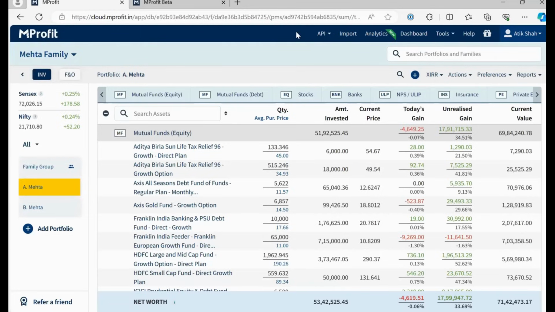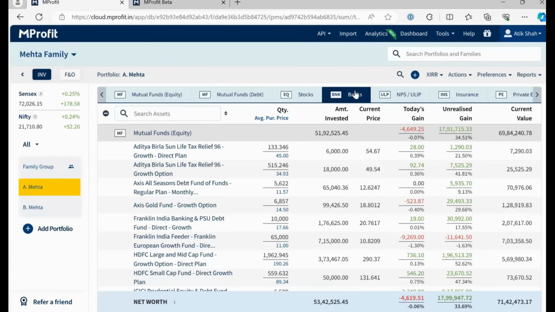So if you wish to avail this feature, even if you have been using the CAS statement to import your data, and now you want to switch over to this automated API option, and if you are using MProfit Investor or Pro, you can reach out to us by sending us an email at support@mprofit.in, and our team will connect with you on how you can change your plan to either Lite Plus, HNI, or Family Office. So just to clarify, this feature right now is available only in the new plans.